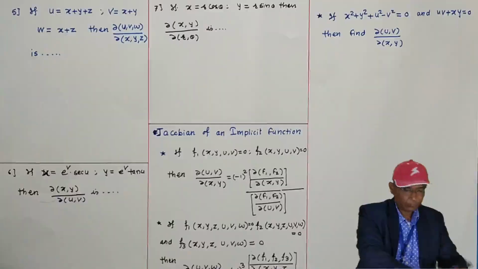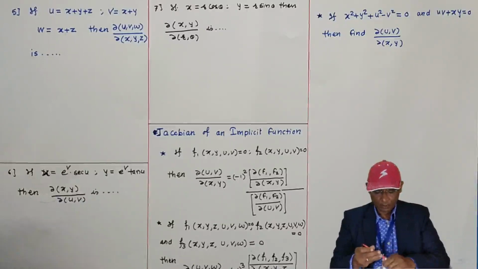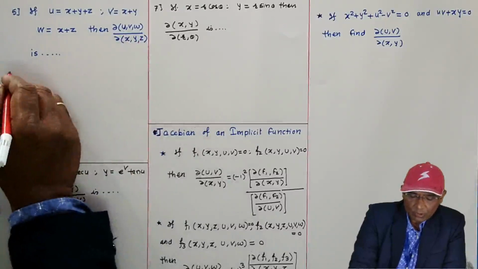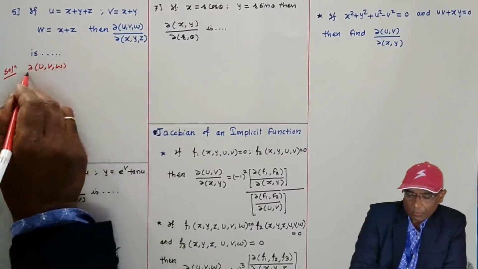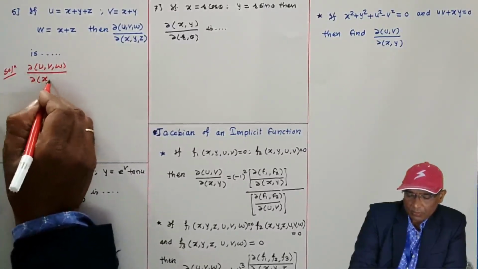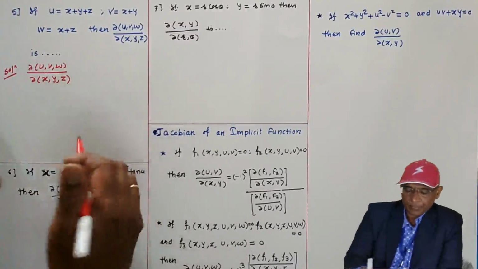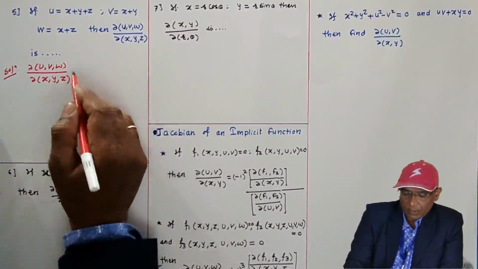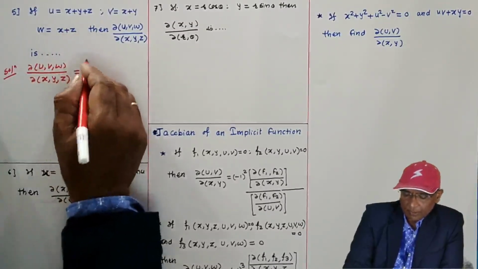Okay. Now, fifth one. Here u, v, w are the functions of x, y, z, and del u, v, w by del x, y, z we want. So by definition of the Jacobian, normally in the examination, three variable problems are less likely to be asked, because they require more time, or more steps to solve. Therefore, only one problem I am going to take on this.